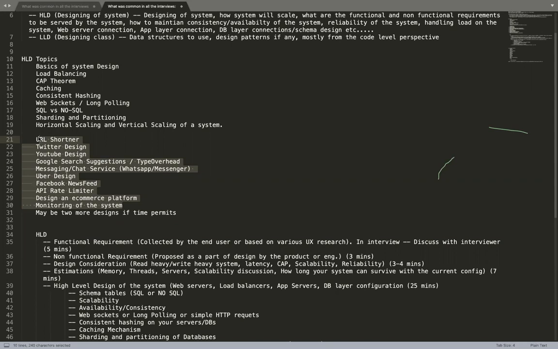Okay, thank you. Generally I cover it, let me just take a look. But yes, it will be covered somewhere. Don't worry about that. I can definitely cover it as a part of Google search suggestion. It will be covered, I think, as a part of news feed or some design, we'll cover it as a part of one of the designs.